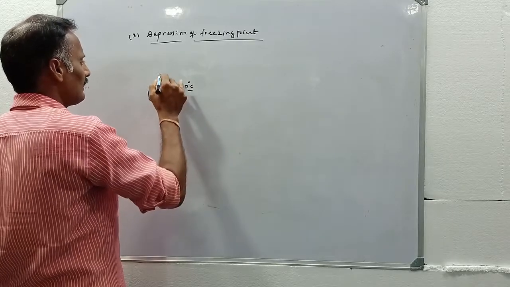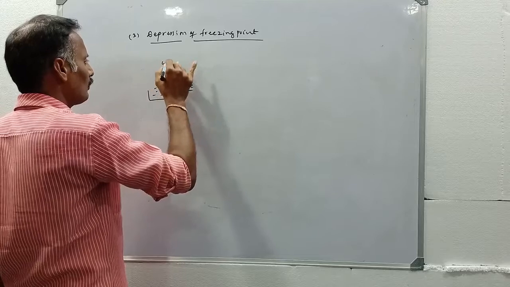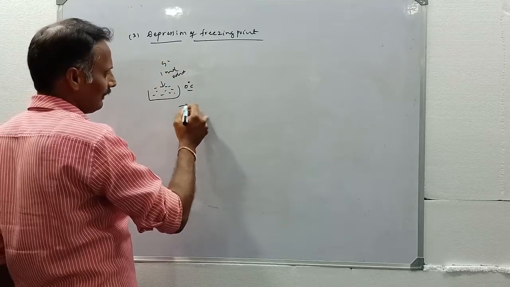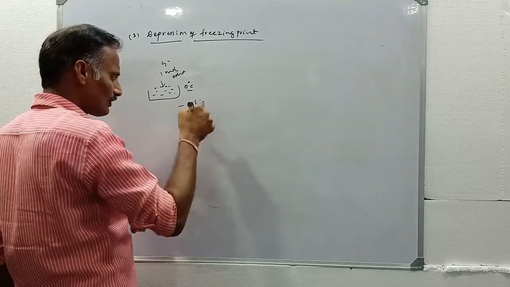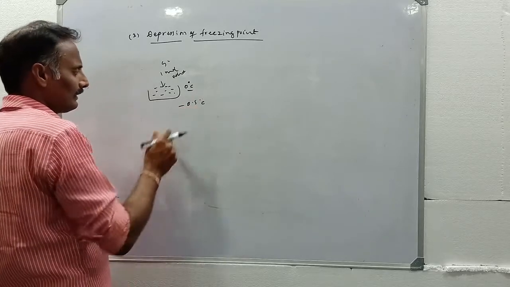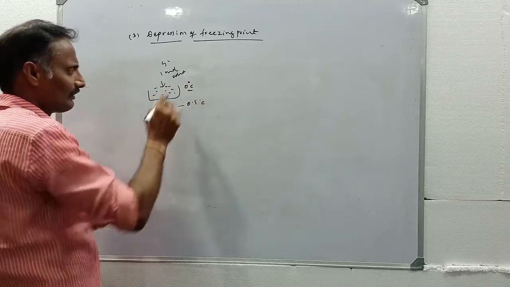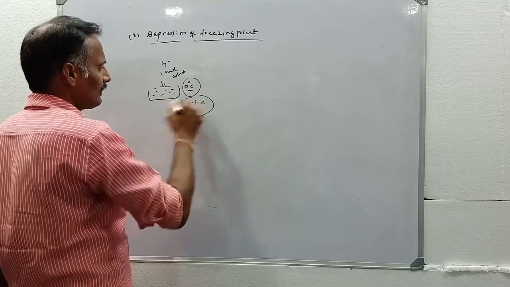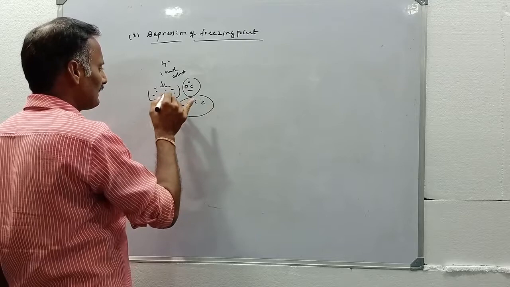For this, we are adding one mole of solute like glucose or urea, and its freezing point becomes minus 0.5 degrees Celsius. Like that, it keeps decreasing. The freezing point decreases and becomes negative values. This is nothing but the freezing point of the solution being less than the freezing point of the pure solvent. The solvent has a higher freezing point when compared to the solution, and the decrease in the freezing point of the solution is mainly due to the decrease in vapor pressure of the solution.